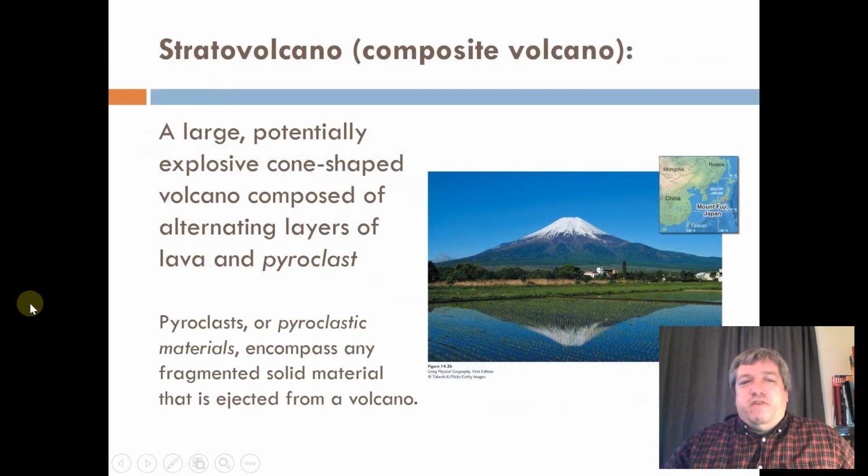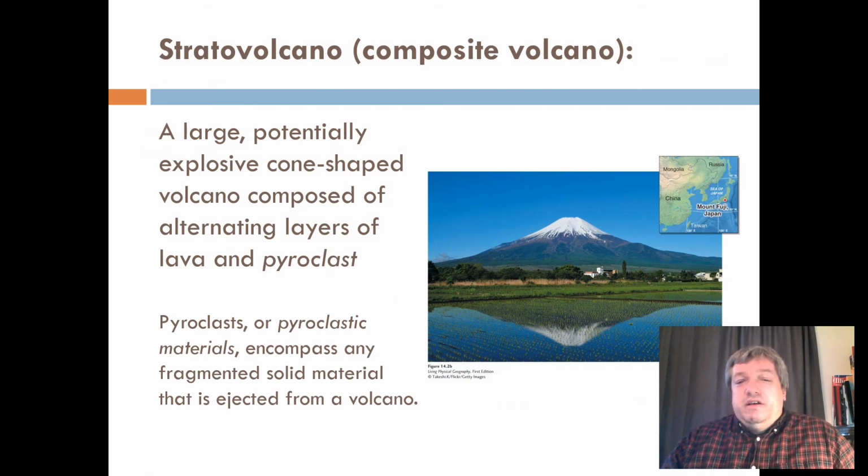But we'll talk about stratovolcanoes, often called composite volcanoes. These are the most common ones. This is Mount Fuji in Japan. It's got that conical shape. If you were a kid, you'd draw a volcano like a big triangle. It's called a composite volcano because it's actually made of layers. If you were to strip it apart, you would see layers of different eruptions building up over time, right?